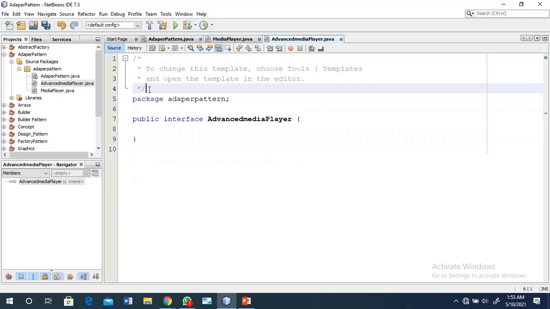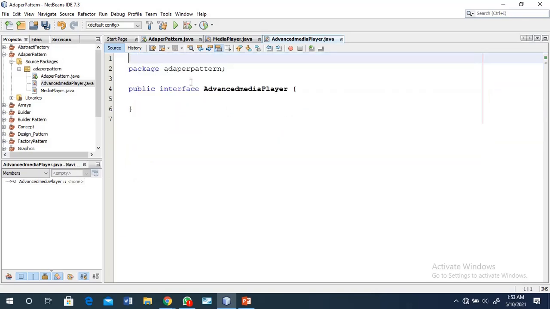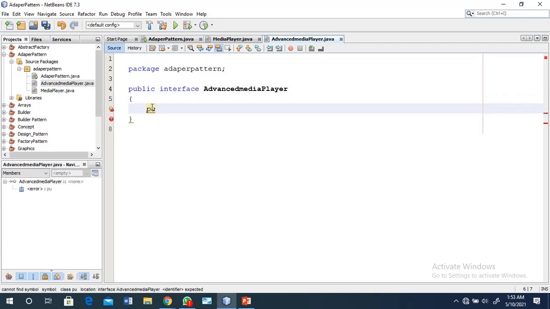In that interface you create two methods. First, public void play VLC, in which a string file name is required.